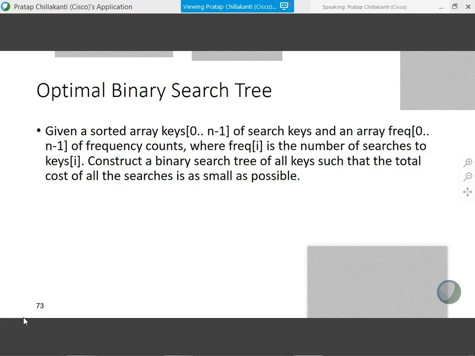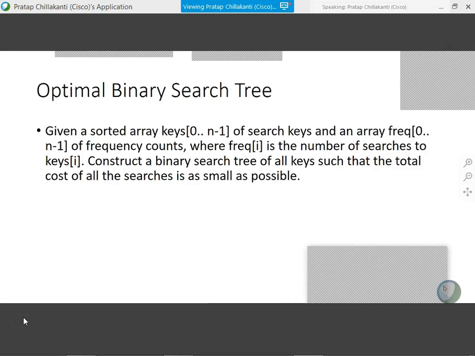Each of those corresponds to the key. Frequency i corresponds to the frequency of key i. So you want to construct the tree in such a way that the total cost of all the searches is as small as possible. The goal is small. Just like how Sri Prakash put it here. They put three varieties there, and 168 is the minimum cost that they were able to arrive at. Okay.